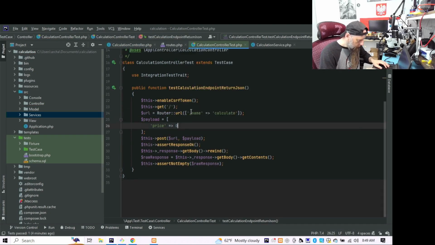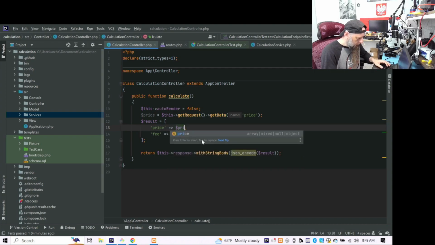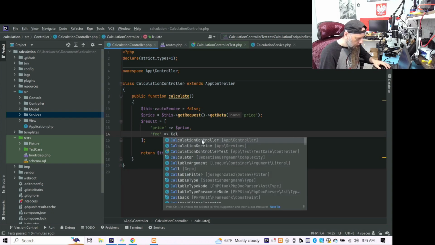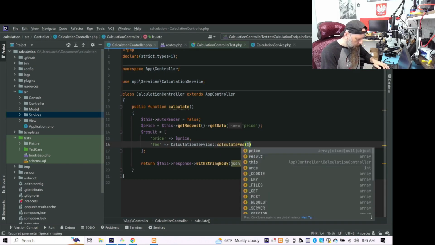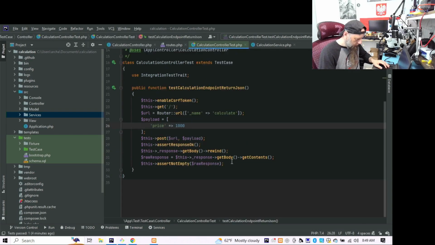Is that what I called it? Yes. But now let's switch it to $10, so we don't have division by 0 or anything like that. Then we return price, and the fee can stay 0. Actually, fee doesn't have to stay 0. We'll call calculation service, calculate fee for the price, like so. So now the test can assert